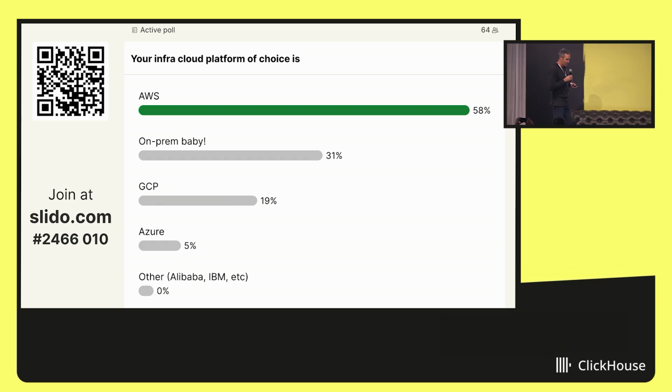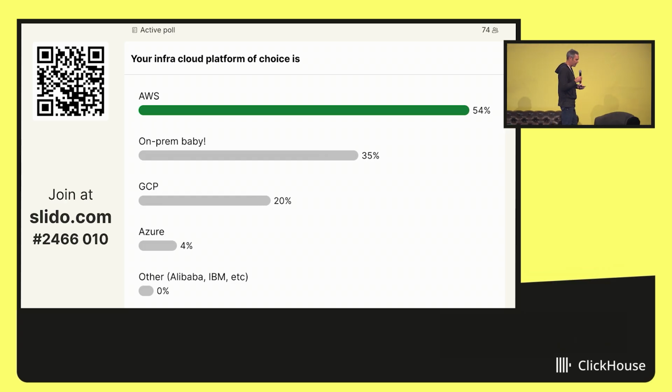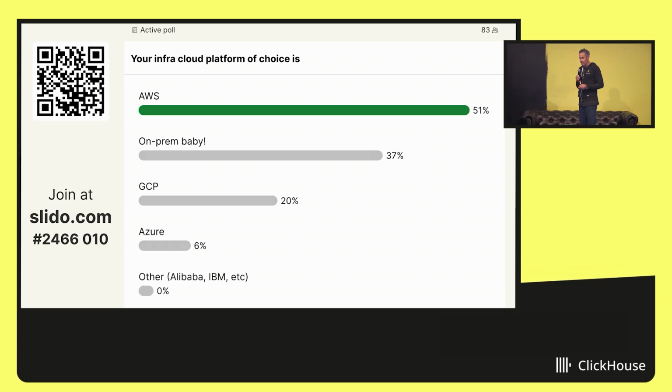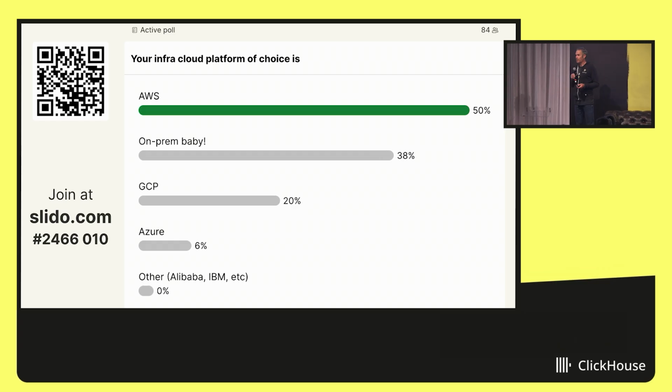We are seeing this shift to workloads being run back on-prem from the public cloud, and we're going to talk a bit about how we're going to support those deployments. We've done it with a few early adopters, and we think we're going to see more of that over time, and Yury can talk about his experience in the pros and cons of both. All right, so AWS is over half. It's interesting. So in terms of the distribution of our cloud customers, those 2,000 customers that I talked about.